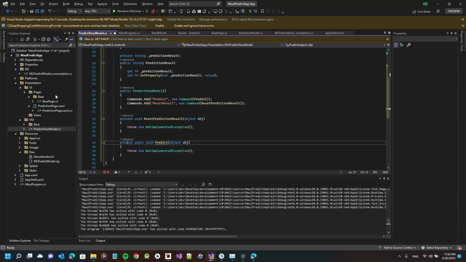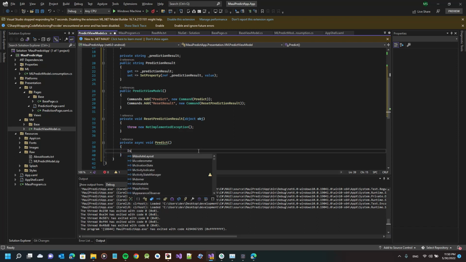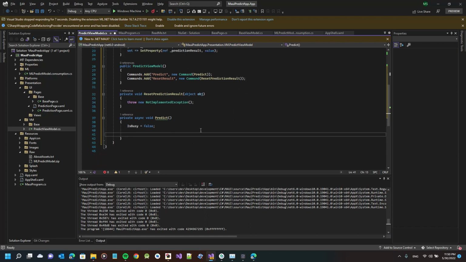In this method, we will refer to our machine learning predict model consumption class. And I think when this method is called, we will set is busy as true. Remember, the activity indicator is subscribed to this value, and it will draw a circle on the screen displaying that the application is busy now. So what we are going to do here: prediction result equals,